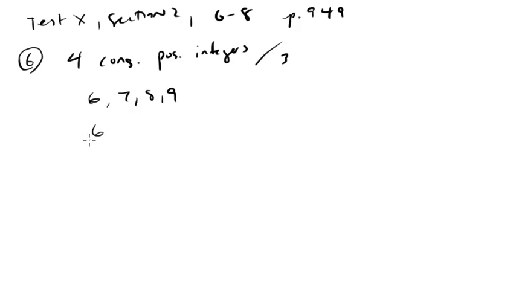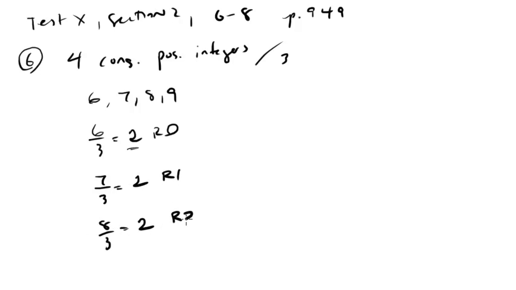So when we divide 6 by 3, the remainder is just going to be 0, right? Because it goes in equally 2 times. So when 7 is divided by 3, it's going to go in 2 times, leave a remainder of 1. When 8 is divided by 3, it's going to go in 2 times, with a remainder of 2, right? Because 3 into 8 is 2, 6, and then there's 2 left over that we can't do anything to. And then when 9 is divided by 3, that goes in evenly as 3, so the remainder here is